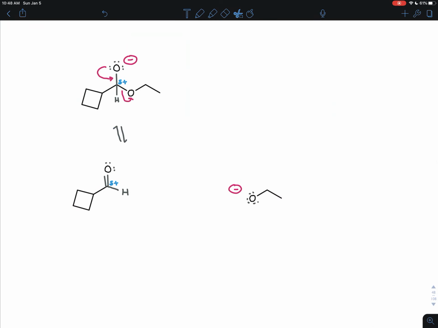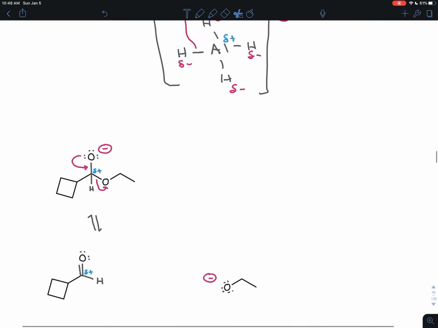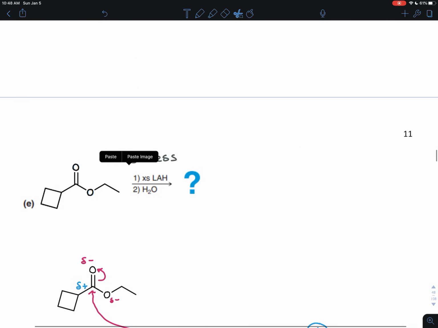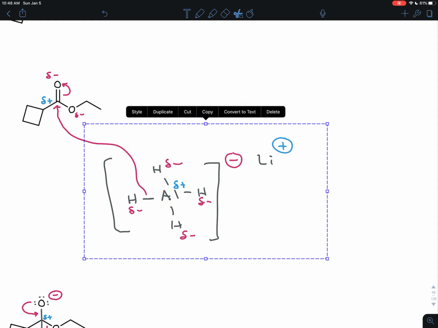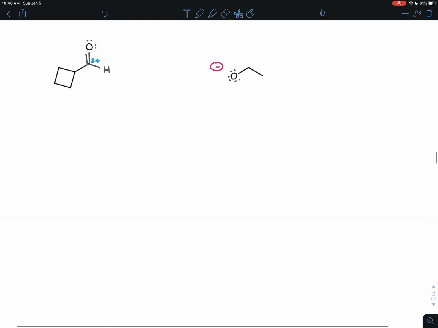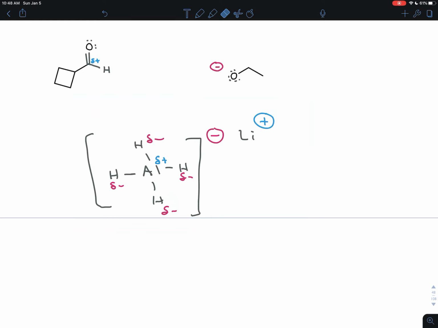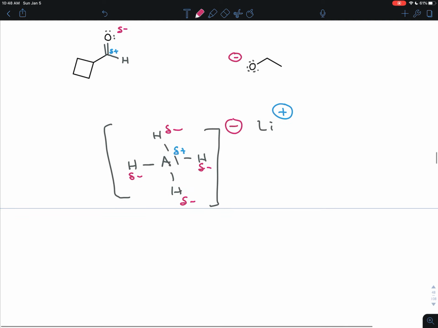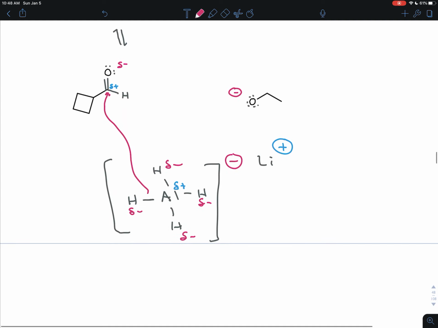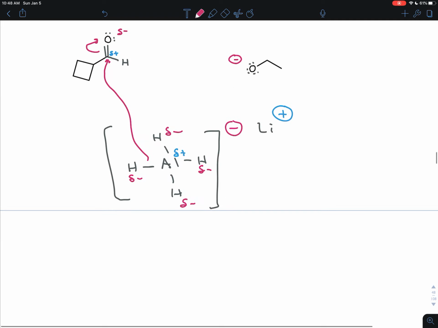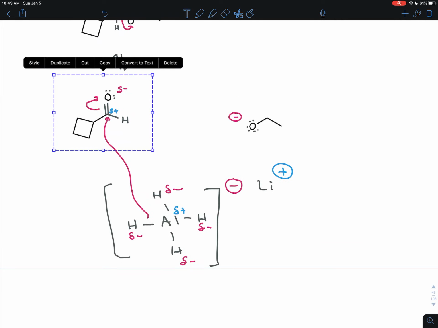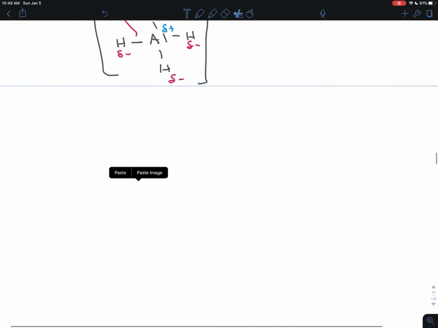Sometimes it attacks and recreates this, but sometimes it doesn't. And that's where things get a little interesting. Remember that we have excess lithium aluminum hydride. So we can take another equivalent of lithium aluminum hydride, and that could sort of beat it to it. It could beat this molecule to the carbonyl carbon. Another one of these hydrogen nucleophiles can swoop in, attack that carbonyl carbon there, break the pi bond, and what you'd have after this second attack from excess lithium aluminum hydride